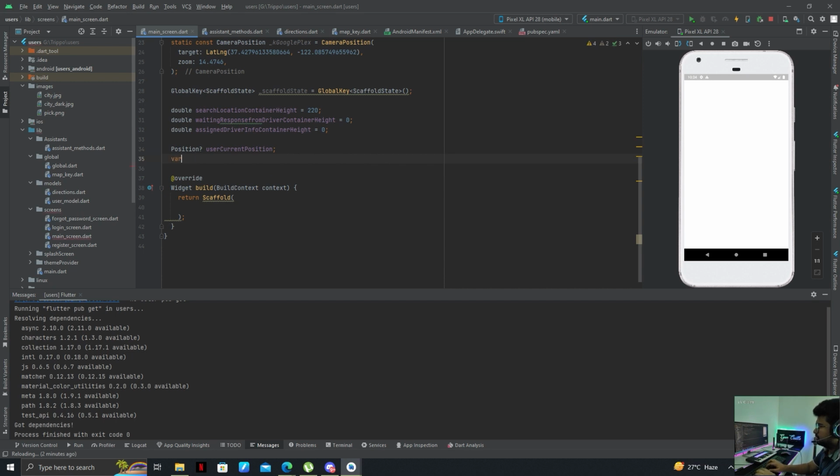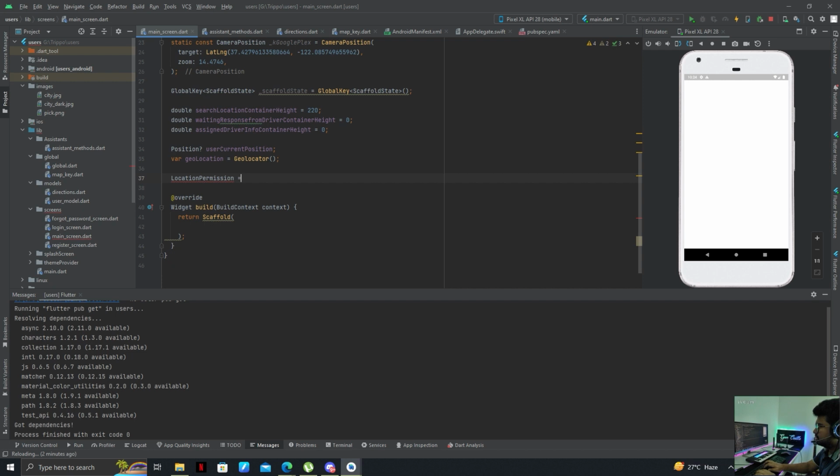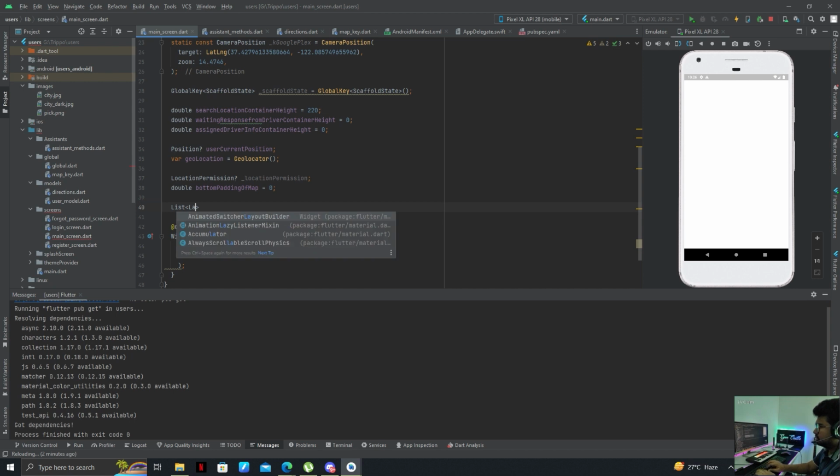Now let's add var geoLocator equals to Geolocator, and LocationPermission locationPermission, and double bottomPaddingOfMap equals to 0, and List of LatLng pLineCoordinatesList equals to,